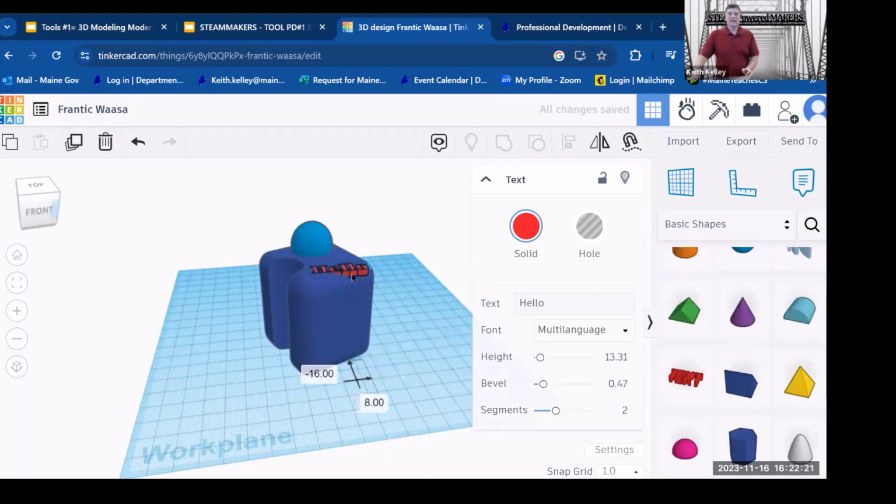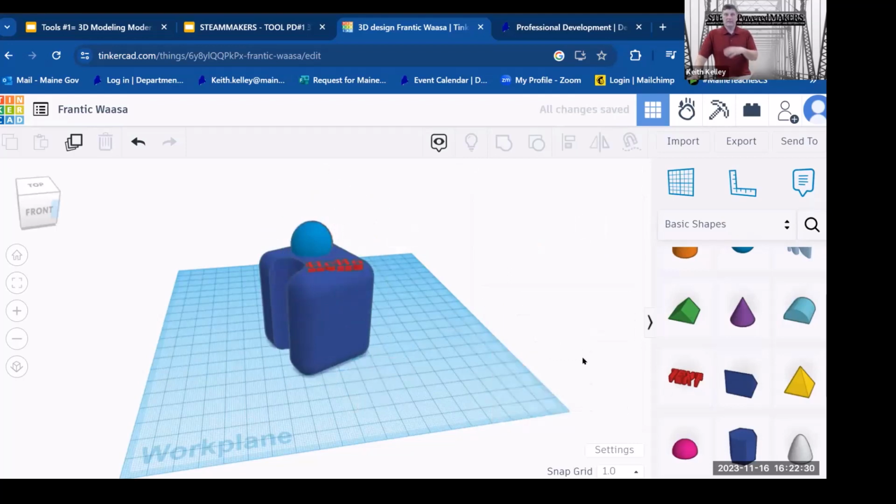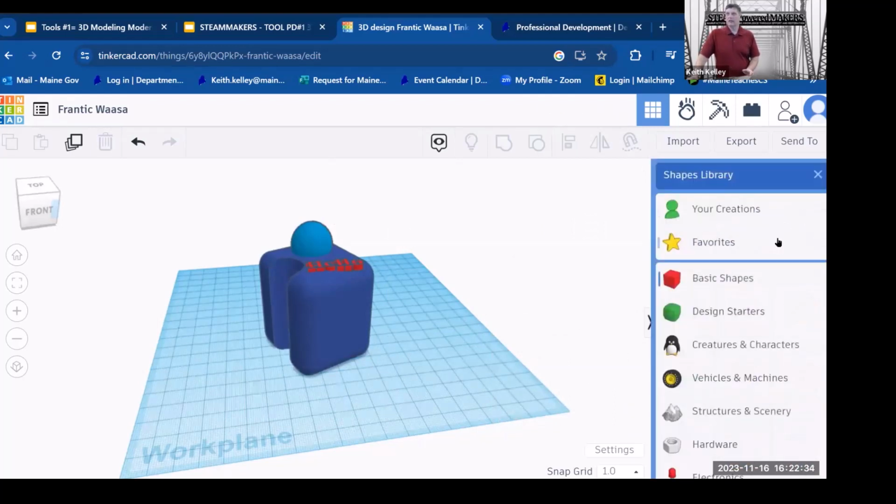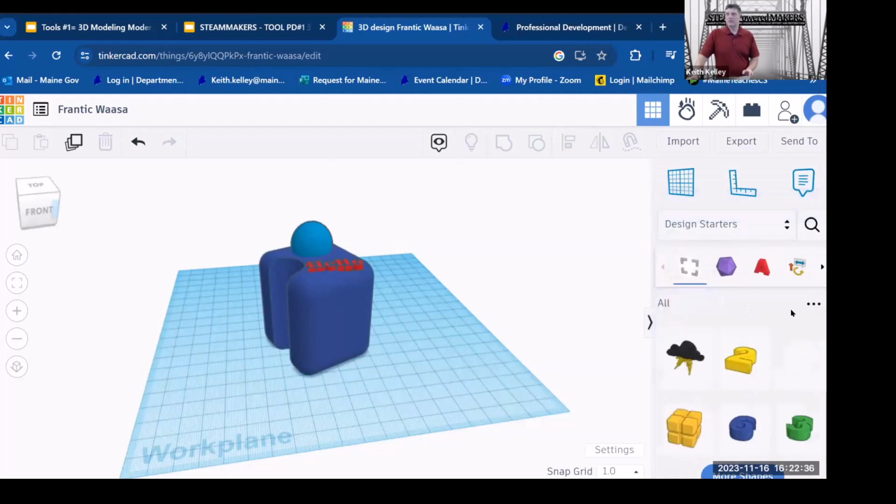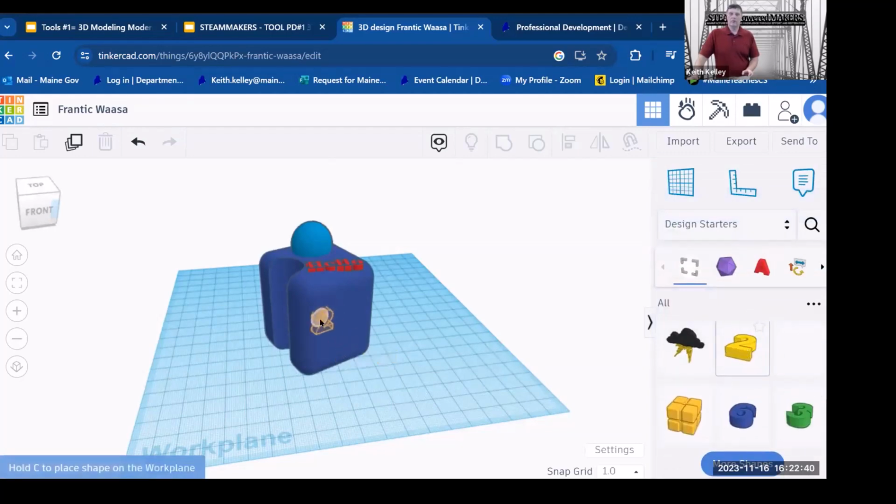So now you can see I've got it hanging off the edge. I'm going to yank it up just a little. So you can have text, all of that. These are the basic shapes that there. If you click, there's design starters, like numbers. So you can bring a number over,